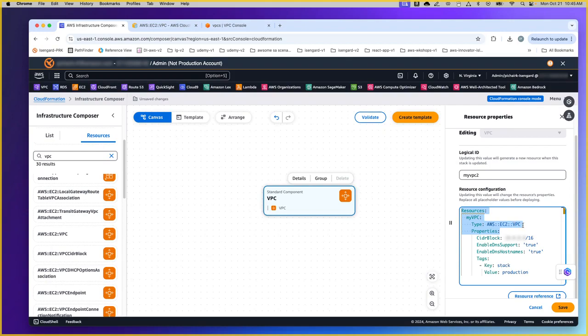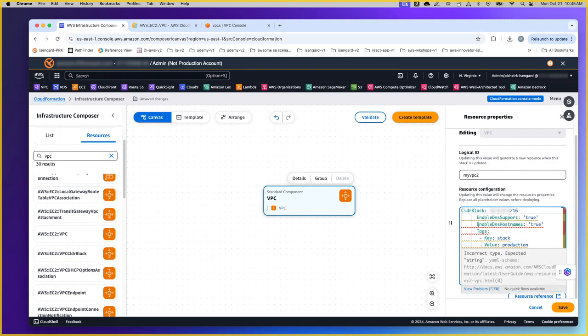And we also know that this is an EC2 VPC, so we can remove this one. When I updated the tab, you see some color coding indicating an error here. So we might have to adjust